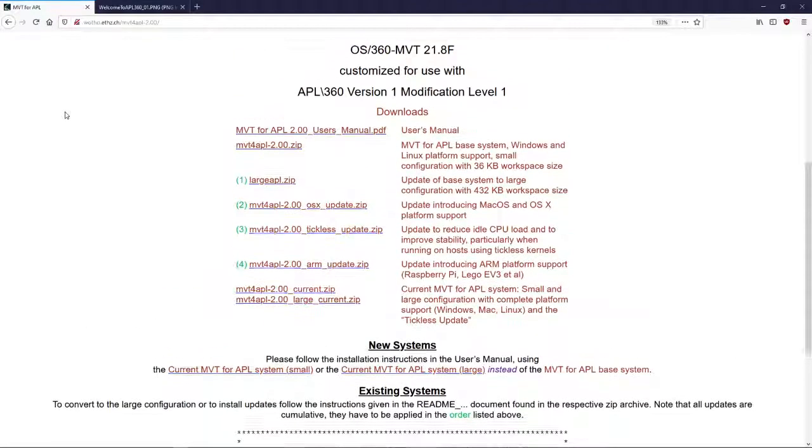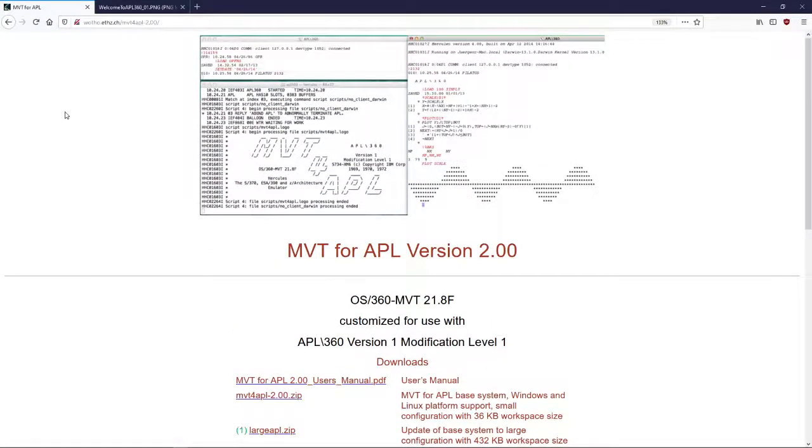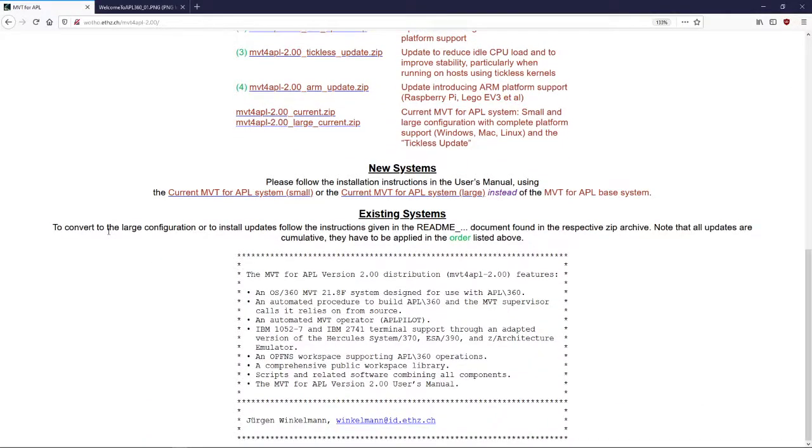I'm starting at the website for MVT for APL. The web address will be in the description below. This system has been put together by Jürgen Winkelmann at ETH Zurich, and he says that the MVT for APL version 2.0 distribution features an OS 360 MVT 21.8F system designed for use with APL 360, an automated procedure to